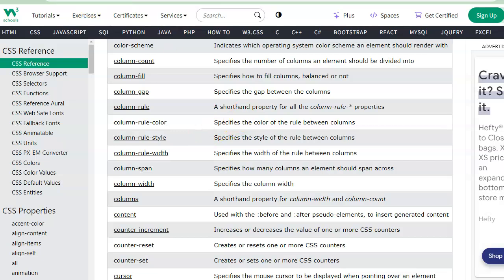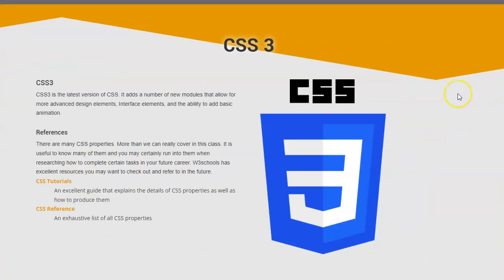So just be aware that that's a really useful resource, and I highly suggest looking at those, particularly moving forward if you're trying to figure out how to do something. So that's CSS3. It allows you to basically just do more advanced things than we've already been